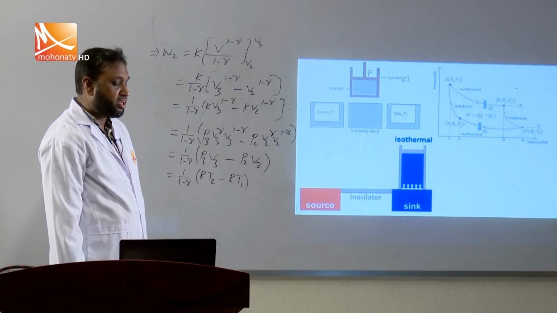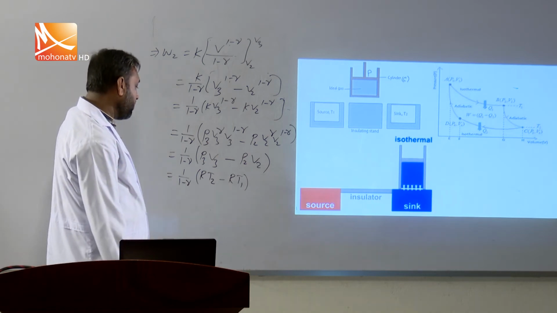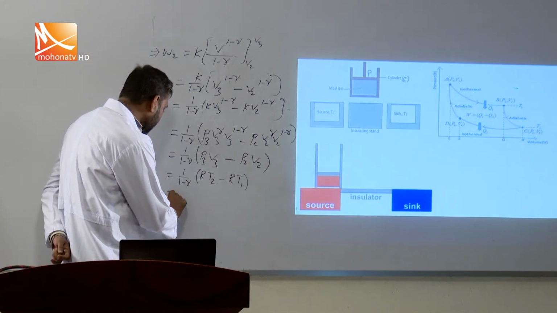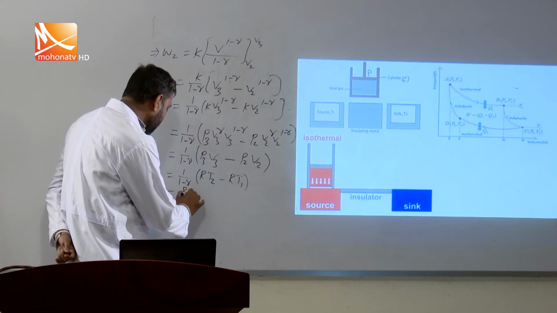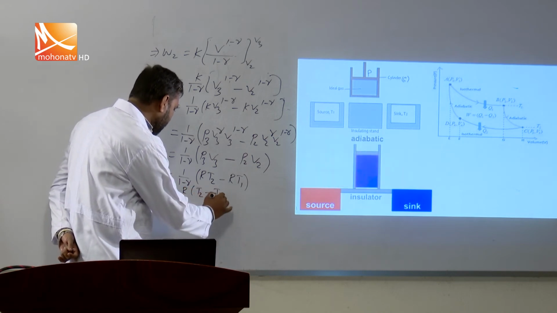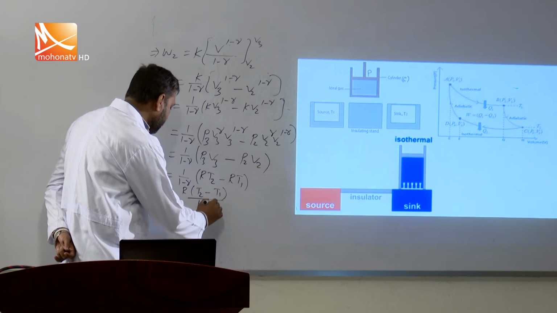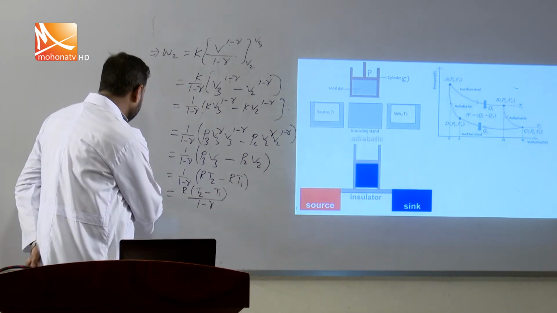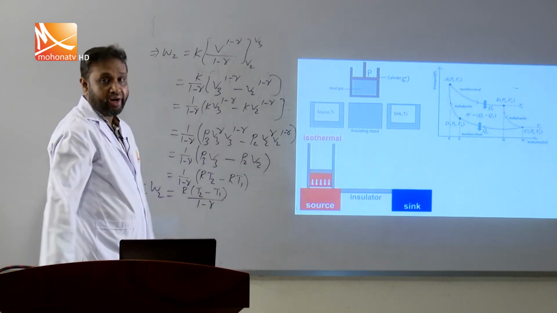You know, for an isothermal process PV is equal to RT for 1 mole of gas. So you can write, R is common, R T2 minus T1 divided by 1 minus gamma. This is the work done for the adiabatic